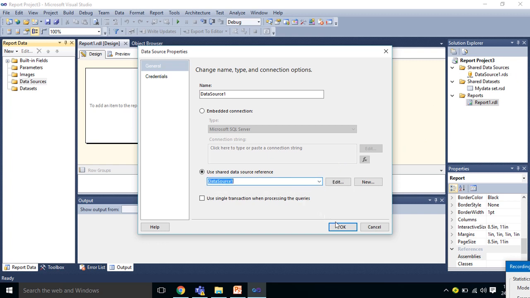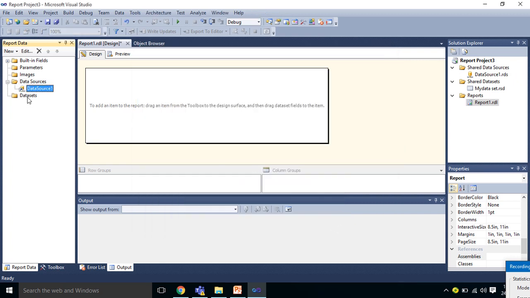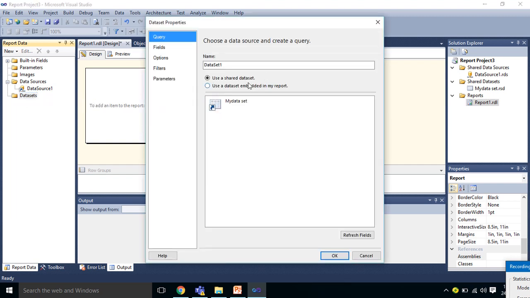Now we will see the dataset option. We have already created one shared dataset, my dataset, so we can use that in a report dataset also. It allows us to select that data source, use a shared dataset. And there is a second option, use a dataset embedded in my report.